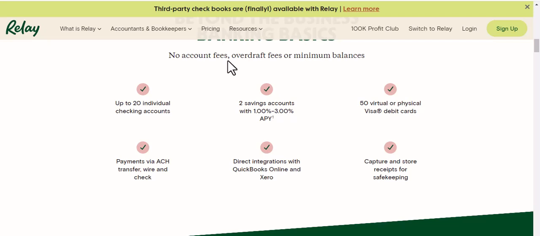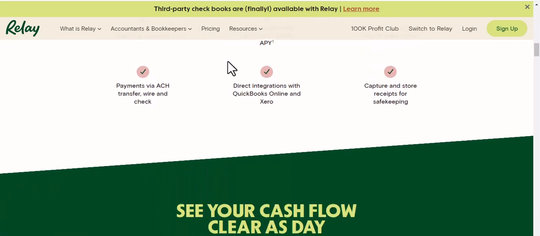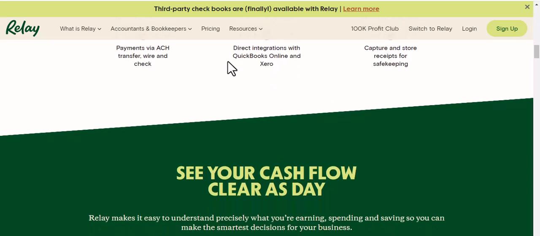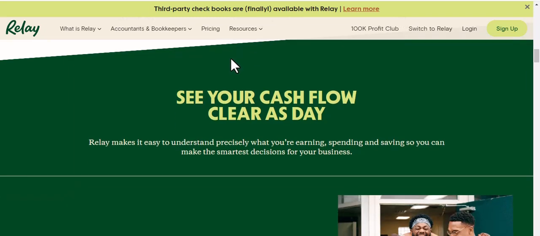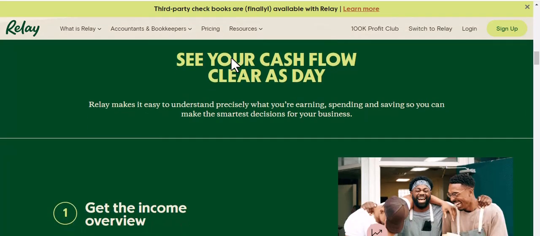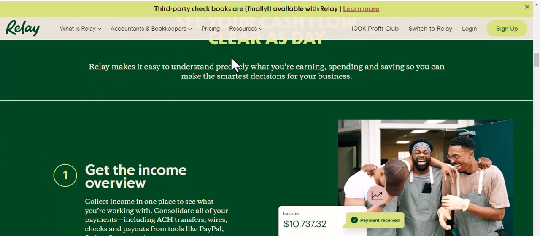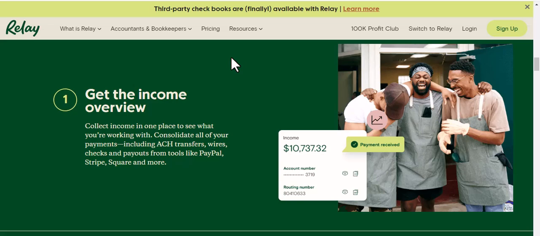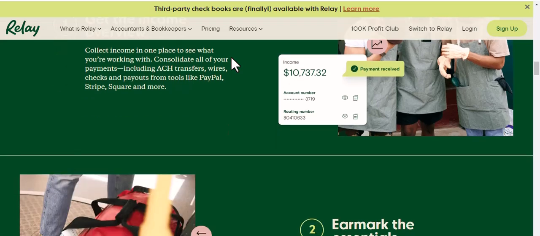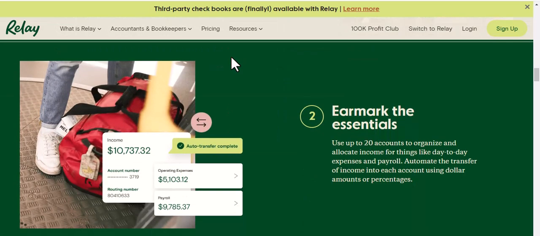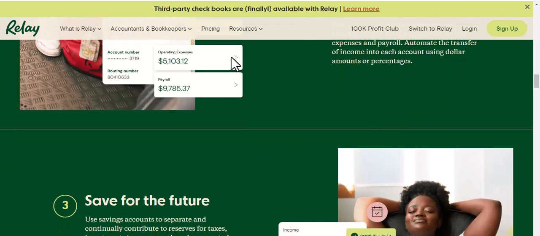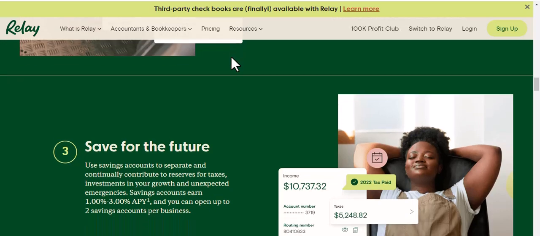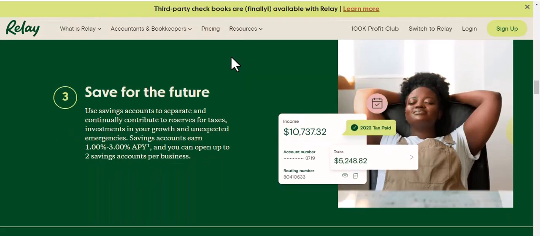Why should you care about ACH payments, especially within Relay? For businesses, especially those operating online or managing numerous transactions, ACH offers a powerful and efficient alternative to traditional payment methods. Compared to paper checks, ACH payments are faster, more secure, and significantly reduce the administrative burden. No more printing, signing, stuffing envelopes, and waiting for checks to clear. And when stacked against wire transfers, ACH payments generally come with lower fees, making them a more cost-effective solution for